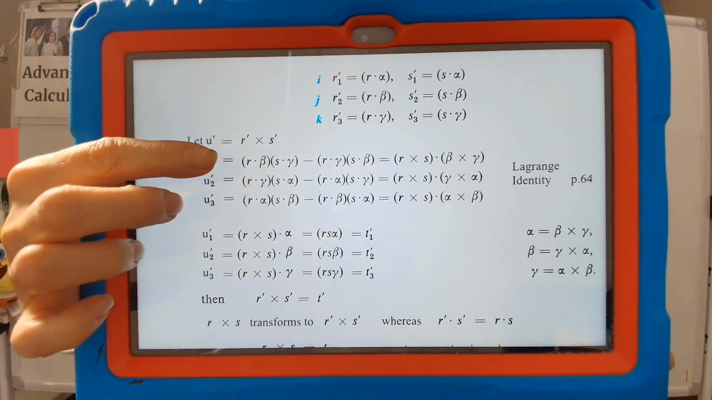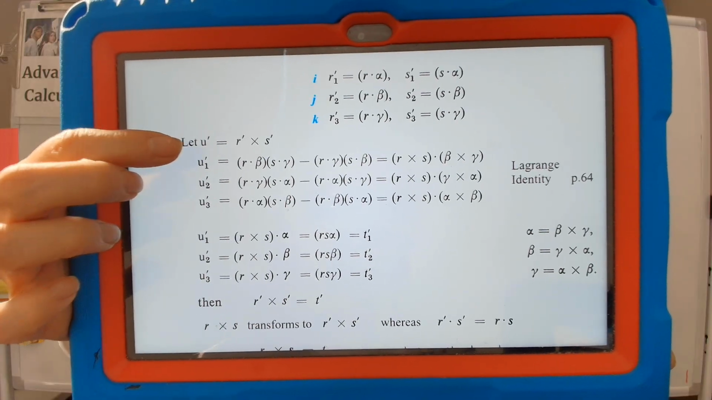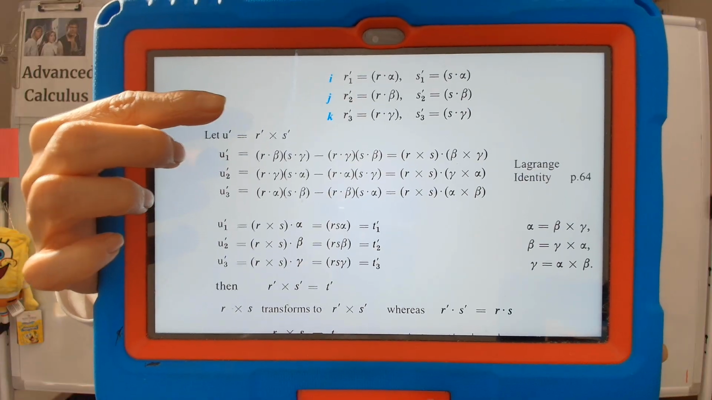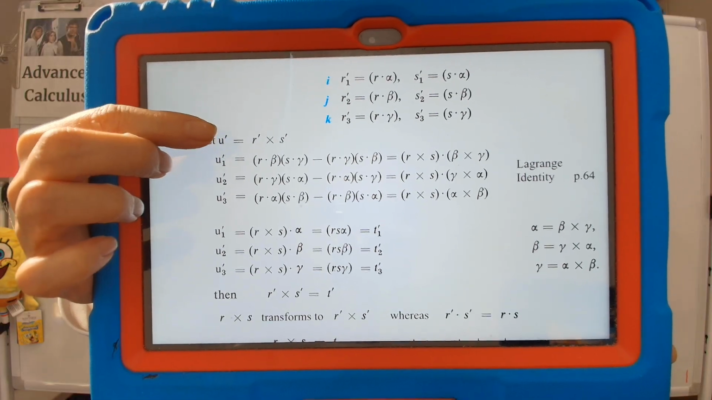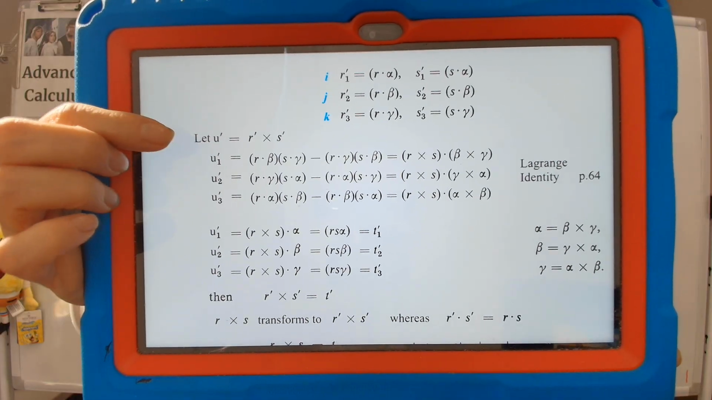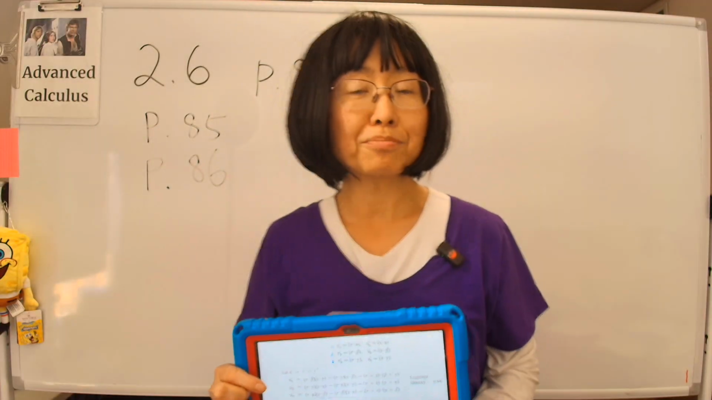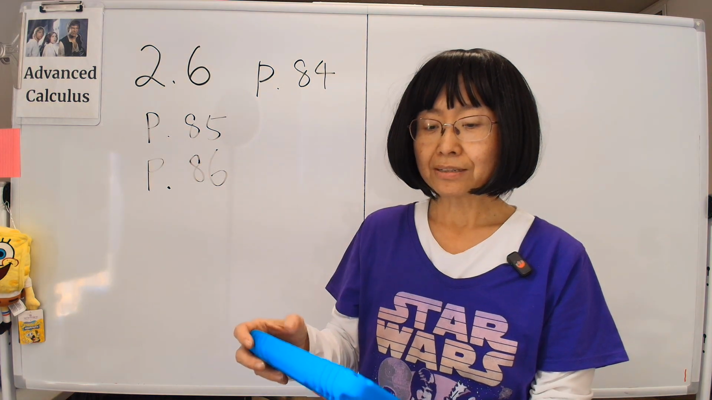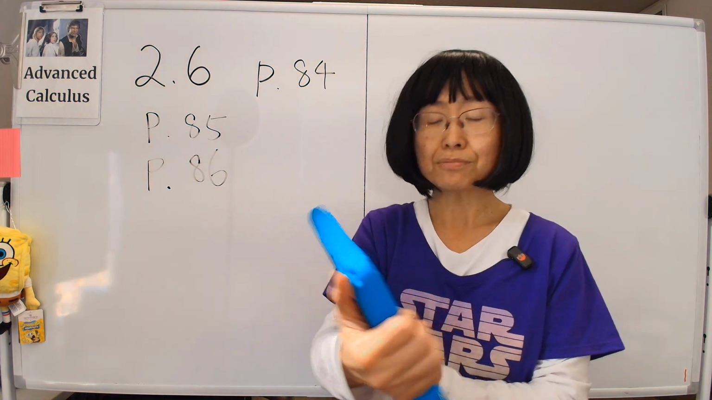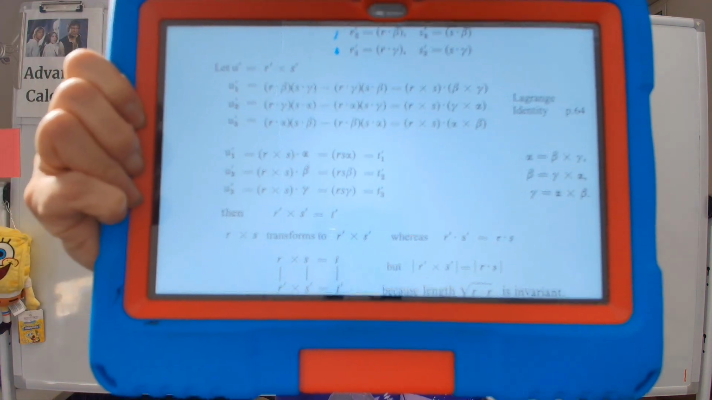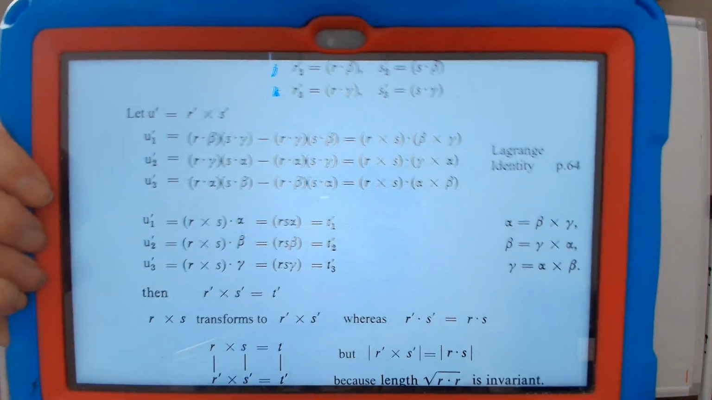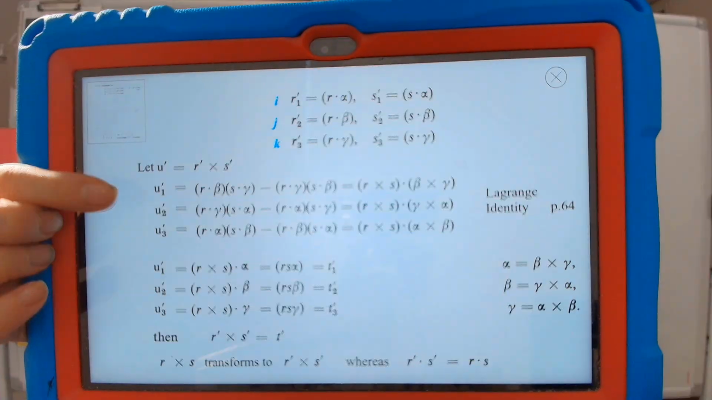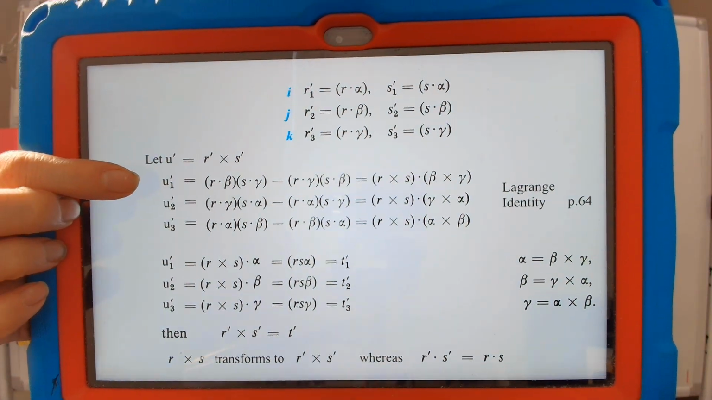And then next we are going to consider the situation when we cross the two new transformed objects. What is R prime cross S prime? I'll call that U prime. Your book didn't call it U prime, but I feel that calling it U prime might be a little clearer. So I'm defining U prime as R prime cross S prime. And then by the definition of what we just did, the first component of U prime would be,